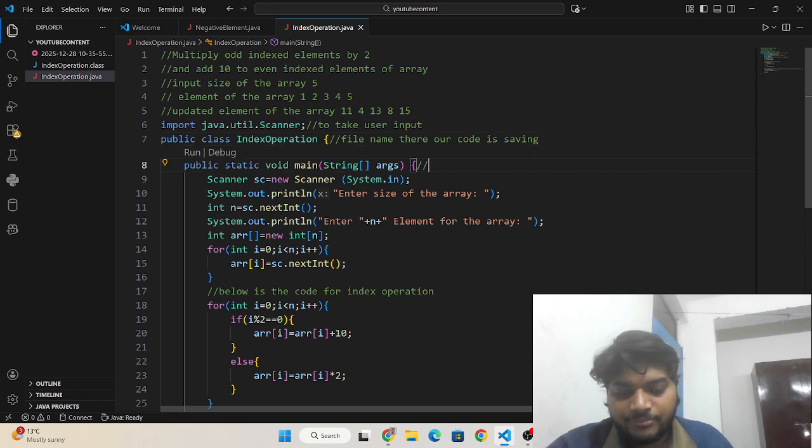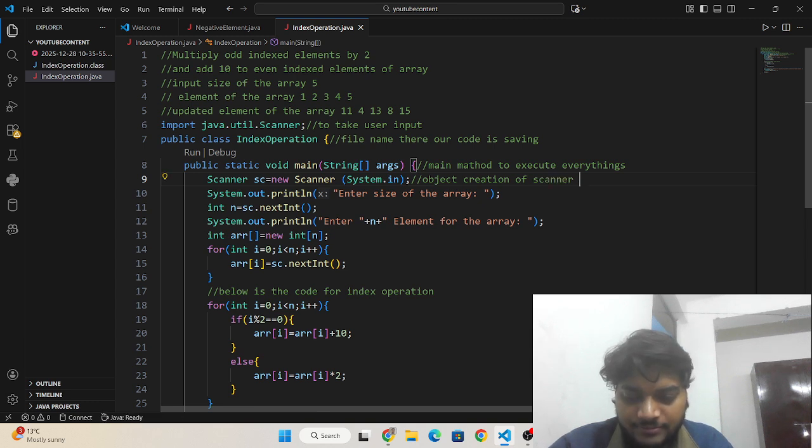This is the main method to execute everything. This is the object creation of the Scanner class. This is the message to ask the size.